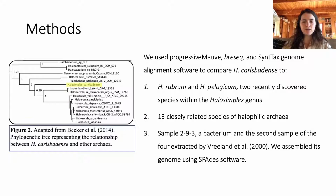To move on to a description of our methodology, we used several computational tools to align and compare the genome of H. carlsbadense to the genomes of 3 groups of organisms. The first comparison group included 2 recently discovered species within the Halosimplex genus, H. rubrum and H. pelagicum. The second comparison group was composed of the 13 most closely related species of archaea to